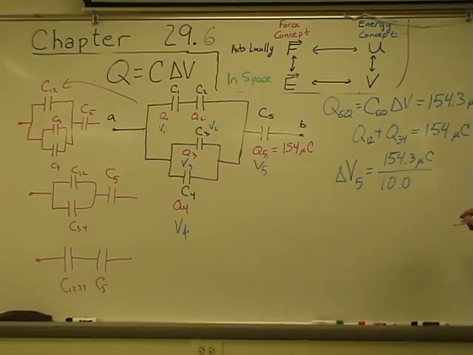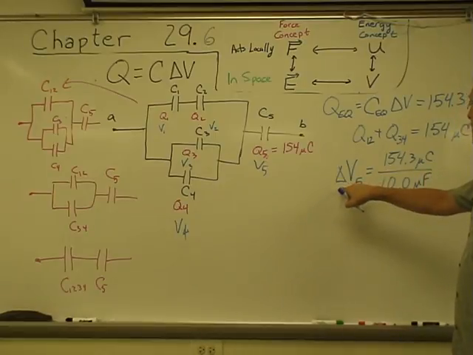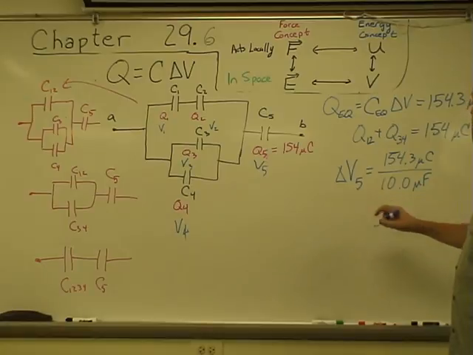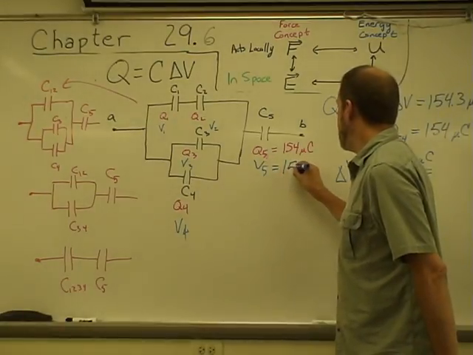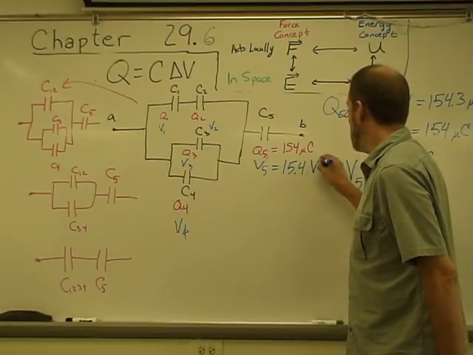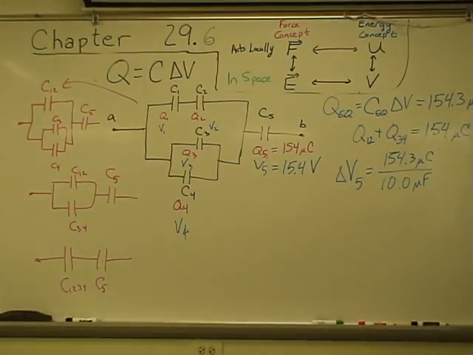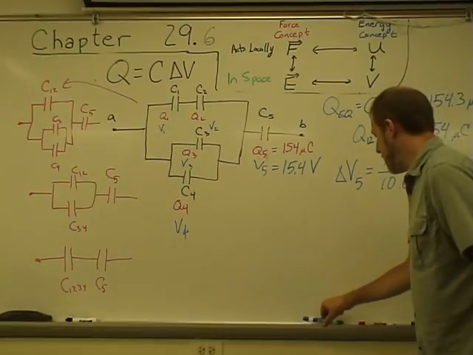I don't have the ability now to go back, so I'm going to have to work with my memory here. 10 microfarads, so the electric potential over capacitor 5 is 15.4 volts. Now, that means that